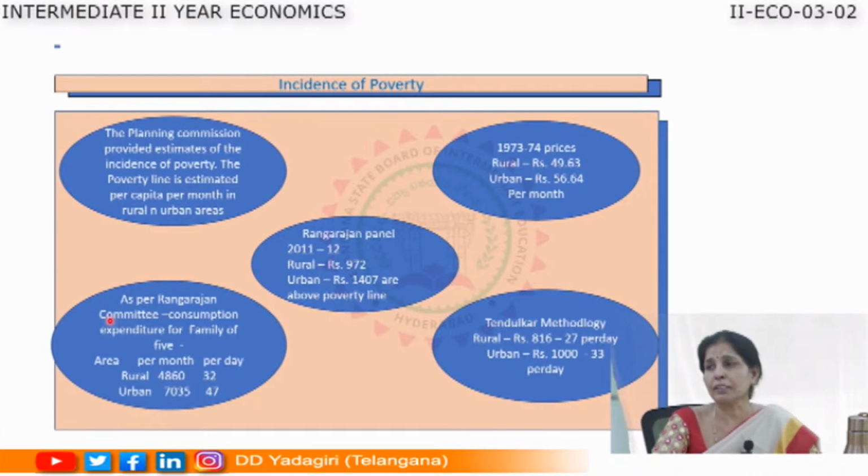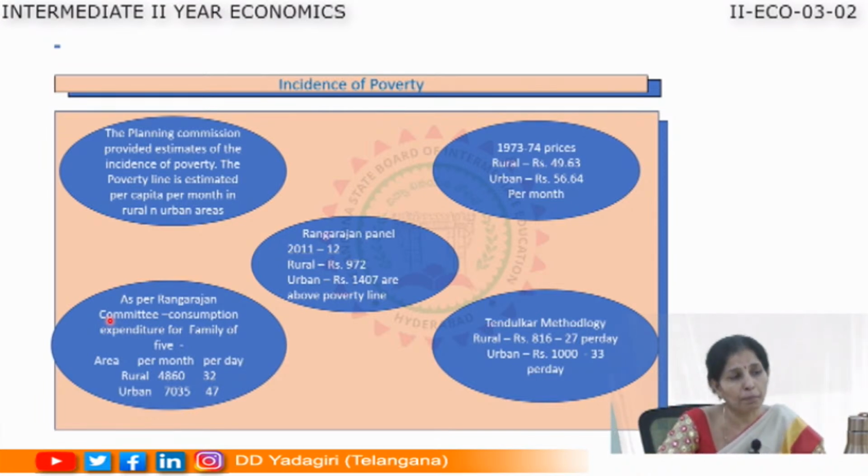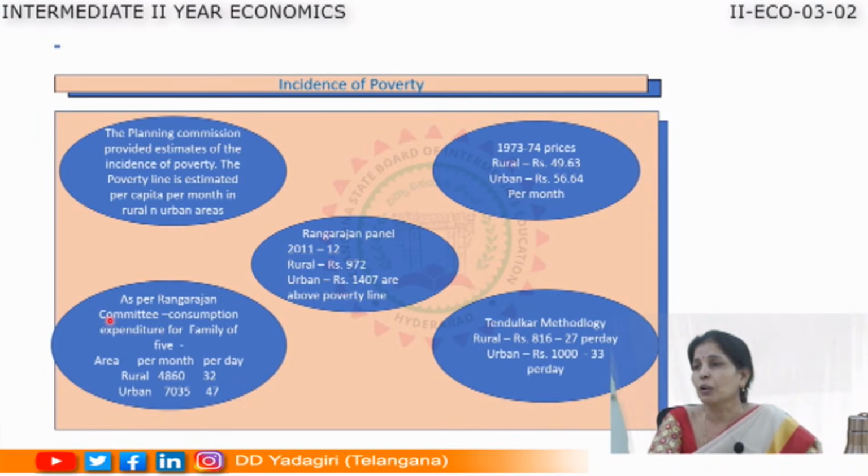According to 1973-74 prices, in rural areas, if a person is able to spend rupees 49.63 per month, they are above the poverty line. In case they are not able to spend this much amount per person, then they are below the poverty line. Whereas in urban areas, it is rupees